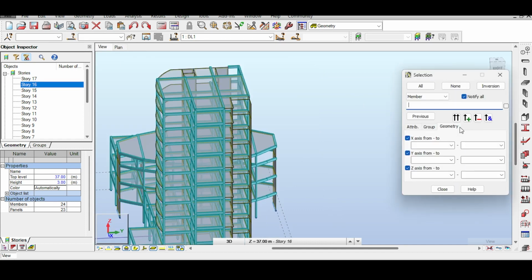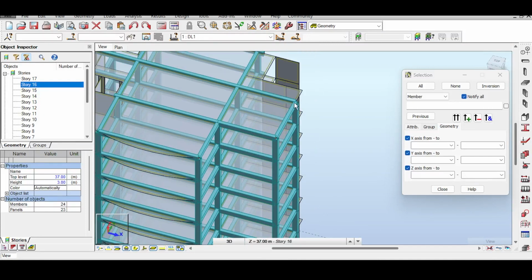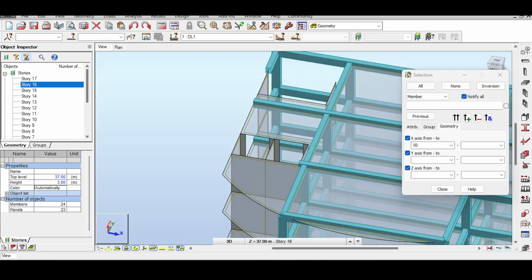I'll go to geometry first, and I will ask it for the x-axis from so-and-so to so-and-so. So I'll click here, hoping that it takes it. It doesn't take it. Okay, I have to do it myself. What is the x-axis of this point? I have no idea. Let me just click on it and see. This should be a node. X is 48.67. So I'll tell it for the x-axis from 50 to the x-axis of